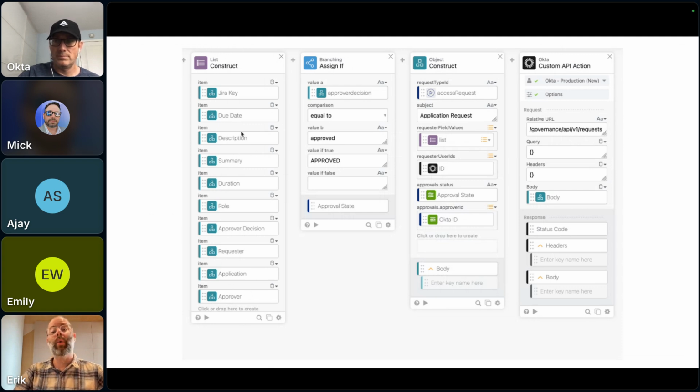So these are all of the questions in list form. The requester user IDs, so this is whoever's submitting the ticket. The approval status, so we can mark it as approved. So it's passed through. And then the ID for the approver. And then at this point, we do have just that custom API action going to requests with the body.